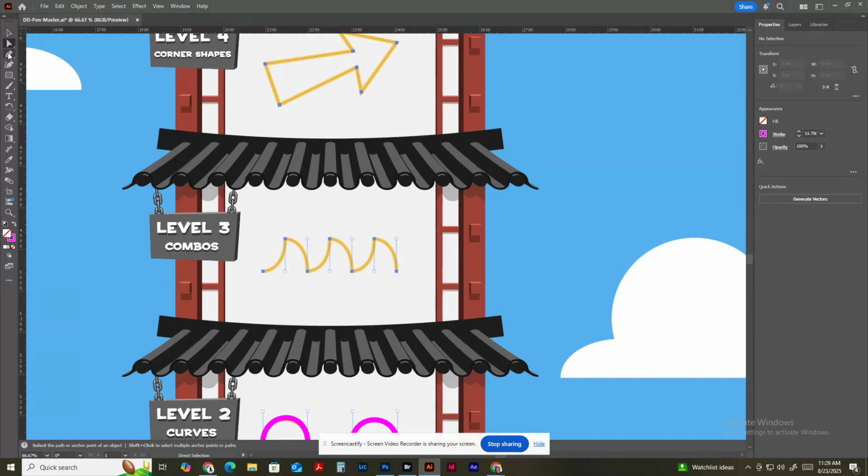So how are we going to go about this? Get the pen tool. I'm going to click once. I'm going to click, hold, and drag right up to here. But I have a problem. The next point that I make is going to look like this. So how can I quickly break a handle? What you're going to want to do is hold down the Alt key, click and hold,